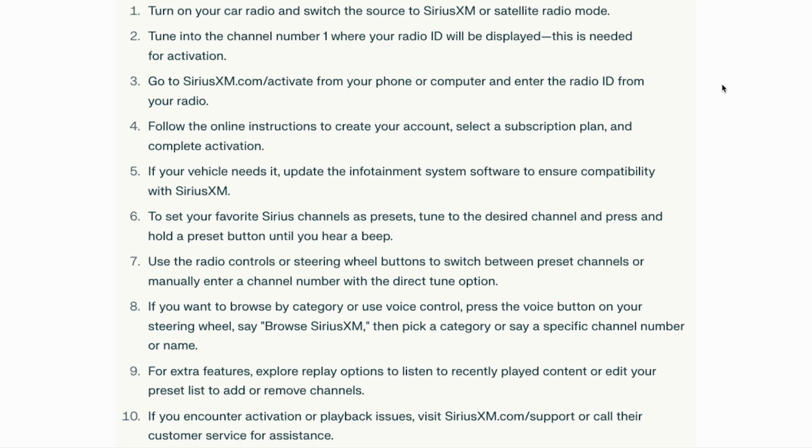To set your favorite Sirius channel as a preset, tune to the desired channel and press and hold a preset button until you hear a beep. Use the radio controls or steering wheel buttons to switch between preset channels or manually enter a channel number with